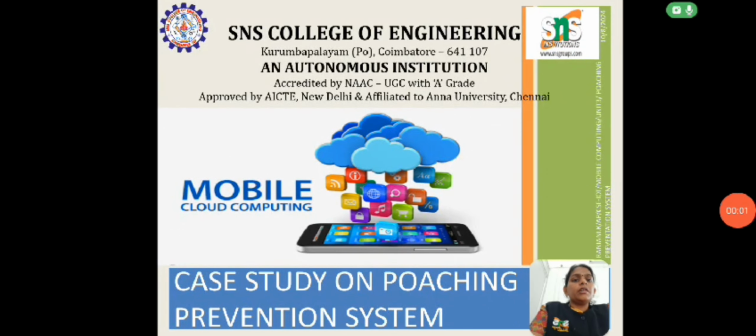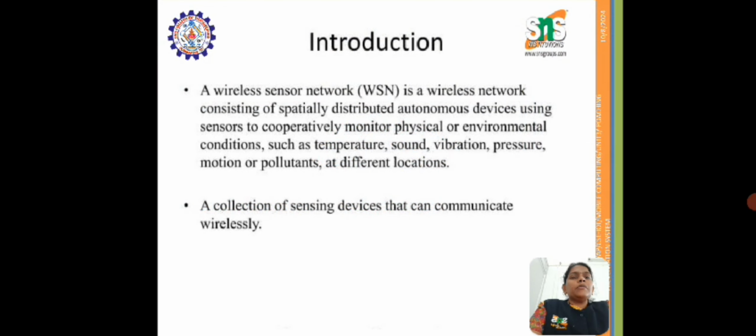Today we are going to see a case study on a poaching prevention system, which is based on wireless sensor networks. Before going to the case study, let us see what a wireless sensor network is. It is a wireless network consisting of distributed autonomous devices using sensors to cooperatively monitor physical and environmental conditions such as temperature, sound, vibration, pressure, and pollutants at different locations. So, with the help of a wireless sensor network, how poaching prevention can be done, we are going to see in this case. A collection of sensing devices that communicate wirelessly,